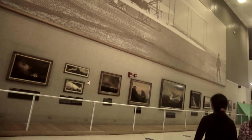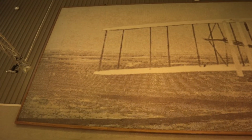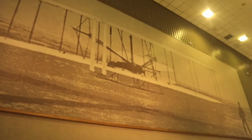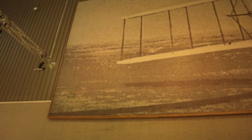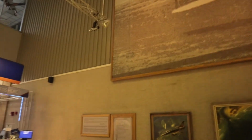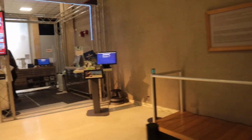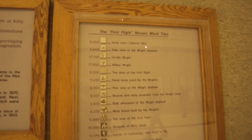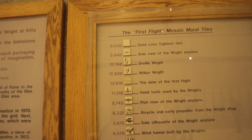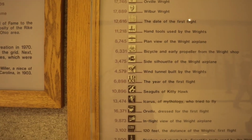Okay, so one of my favorite things in the Air Force Museum is this mural. It's in the main hallway between where you come in and where you exit now. Each tile has a different representation of what happened with the first flight. It was made in 1970, and it shows Orville Wright, Wilbur Wright, the date, and